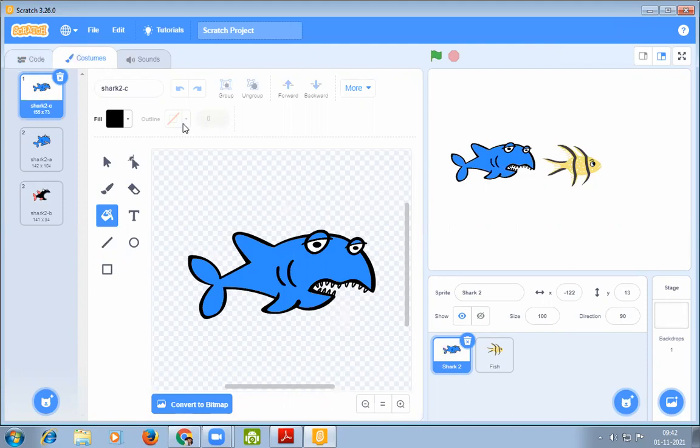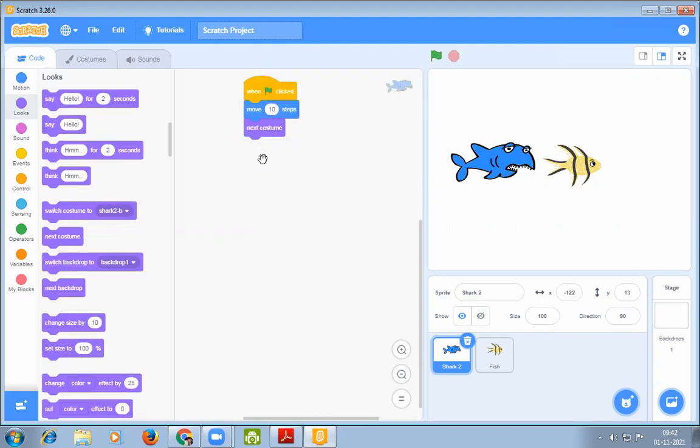Then we are going to put a new code where we are coding to inform the shark, to command the shark to change to this particular shape only. Okay, so now if we click, when this flag is clicked, move 10 steps, switch costume to shark 2B.